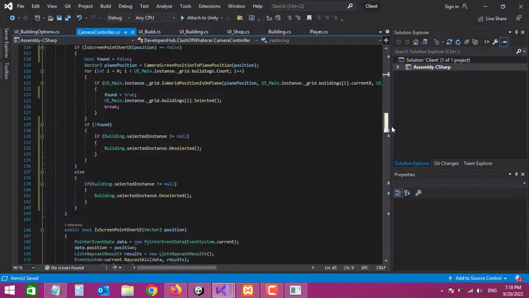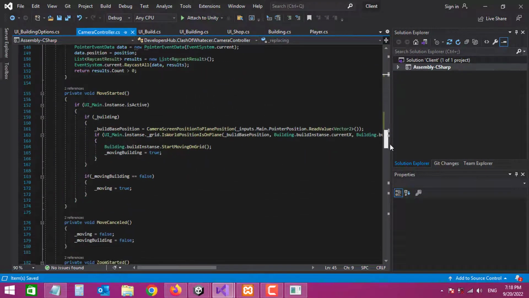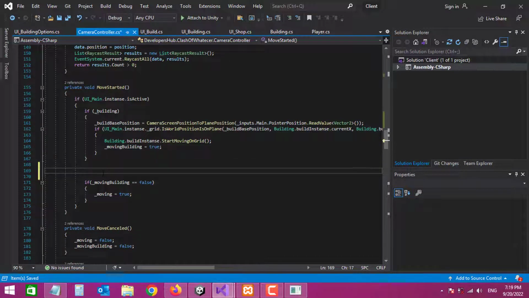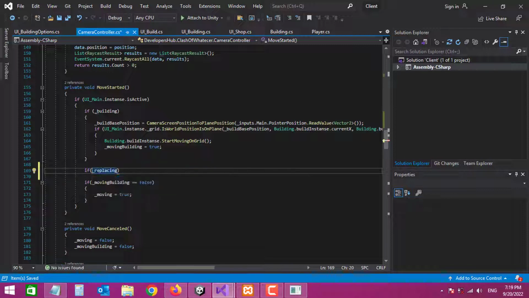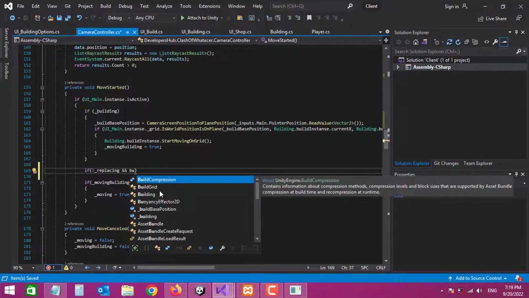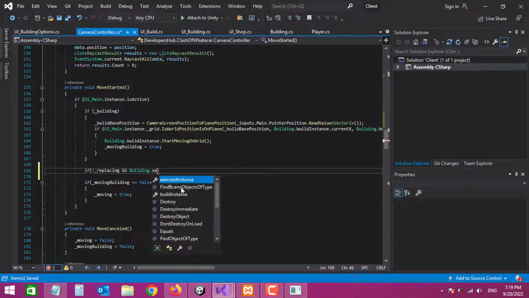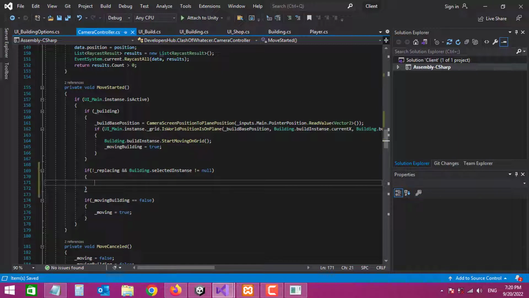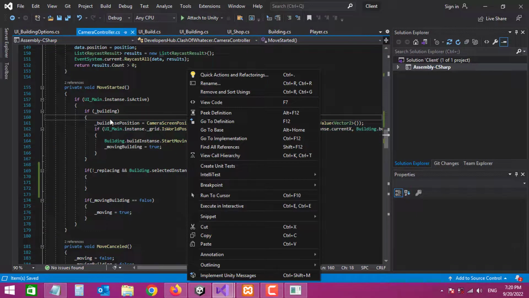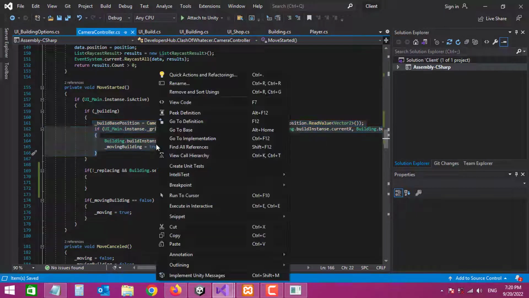And this is going to be is replacing building. So let's go back to the move started. Right here, we're gonna create an if statement, and we're gonna say if we are not replacing right now, and our building dot selected instance is not equals to null, then we need to do some stuff. We're gonna do exactly the steps we did here. So let me copy all of these values,